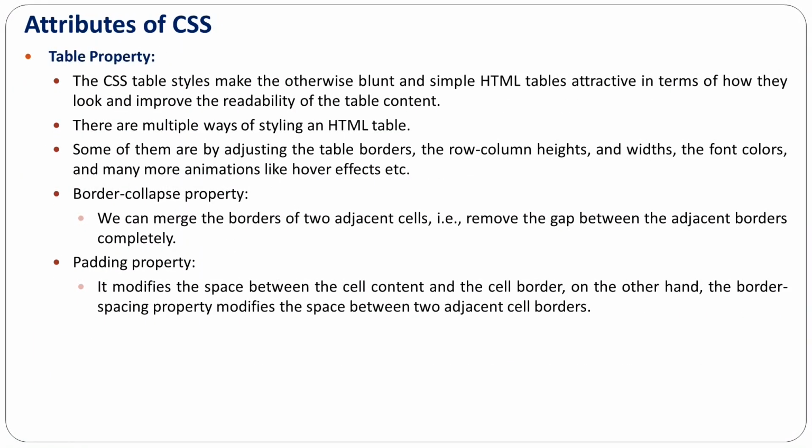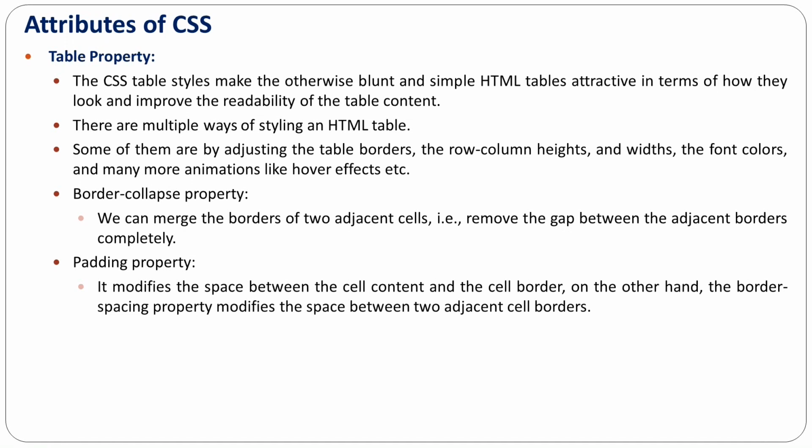The next one is table property. It makes our content of the table more attractive, and using this table property we can highlight the values contained in a cell of the table as per our requirement. There are multiple ways of styling an HTML table. Some of them are by adjusting the table borders, the row column height, the width, font colors and many more